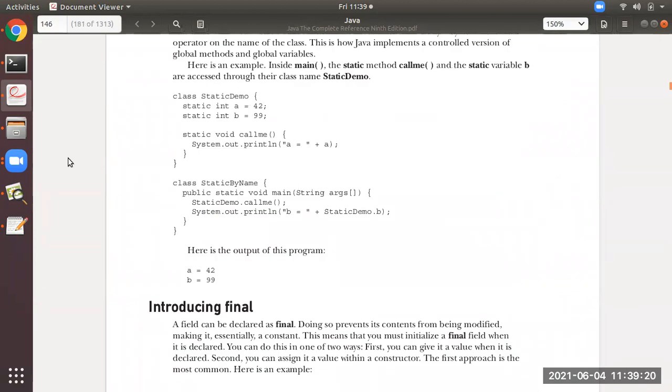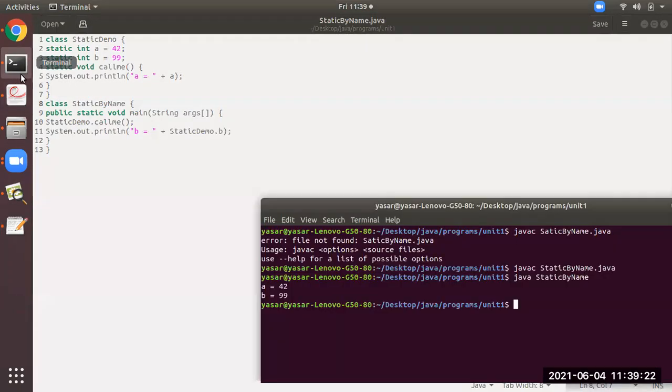But in this program, you all observe here, in class StaticByName, at line number 10, we are calling which method? The method callme from the above class. How are we calling it? We are directly giving the class name dot callme. We are not creating any object like in the previous concepts.